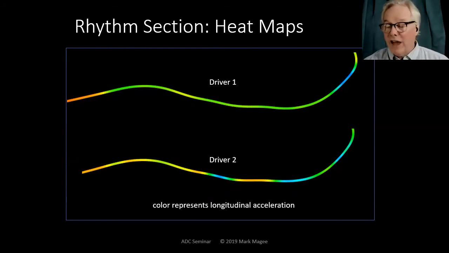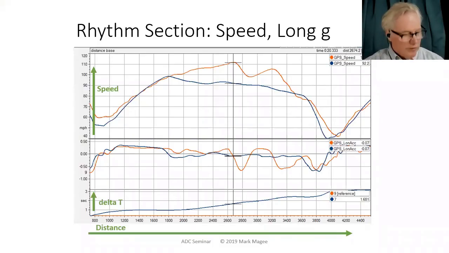So, what does that look like in terms of speed and time? So this chart, a little bit busy. The upper part of the chart is speed versus distance. We've got driver two in red in this case. So driver two is going faster and is speeding up and slowing down. Driver one is much more consistent with the throttle and just sort of very gradually slowing down, going through